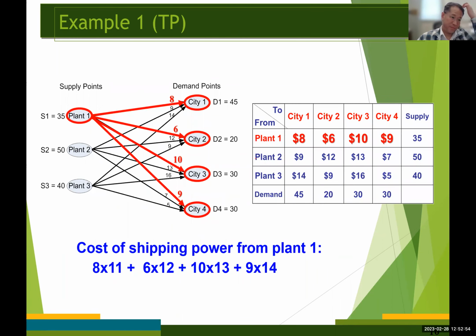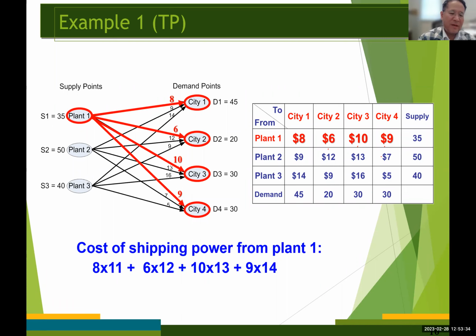And here, the cost of supplying the peak power demands from plant number 1 to each city is going to be 8 times x11, plus 6 times x12, plus 10 times x13, plus 9 times x14. So the total cost of supplying the peak power demands to each city may be written as,